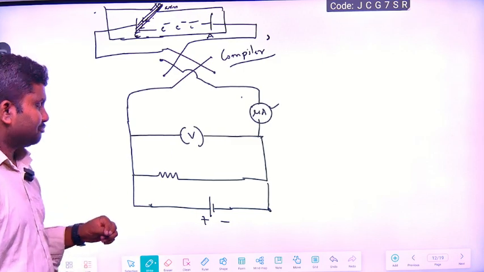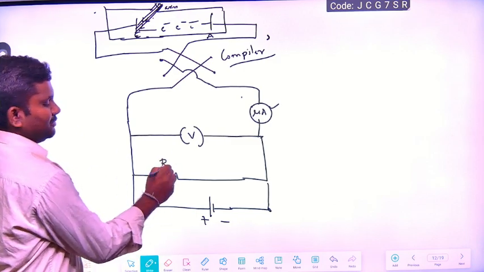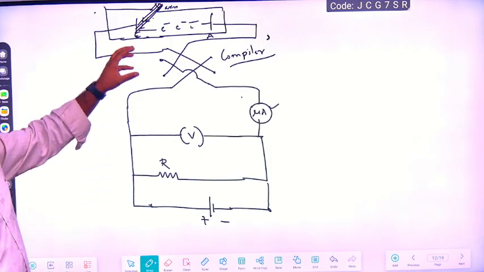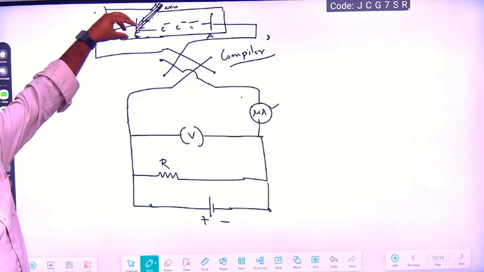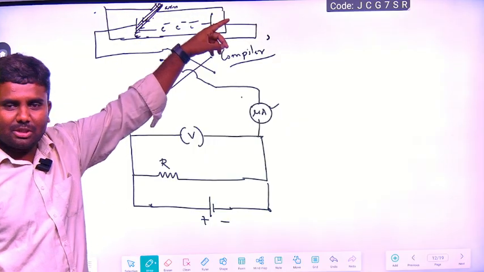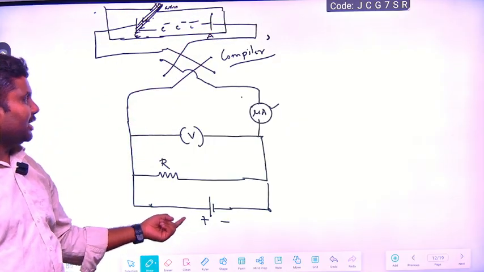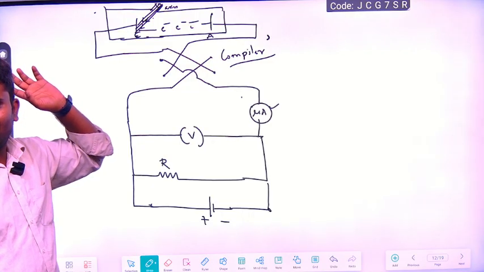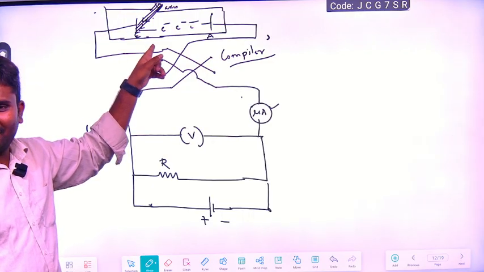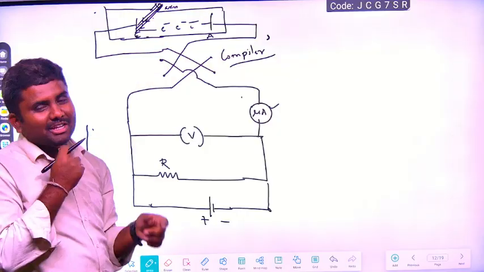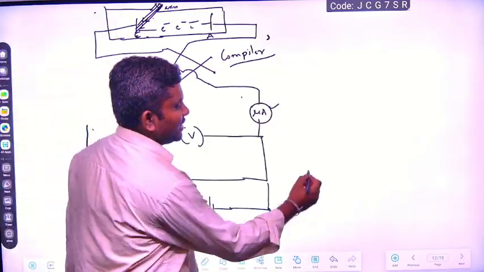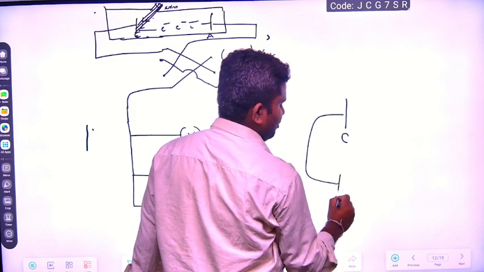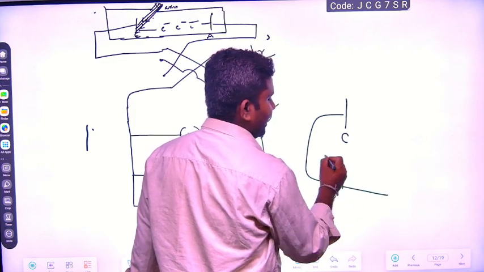Now you see, this resistor is there, no? Here, when a light ray is falling on the metal surface, okay, electrons will come out. What will this potential do? It will give negative electric field here. If you give negative electric field, this metal plate is there, no? This cathode metal plate, okay, this is connected to a battery, right? If you give negative electric field here,